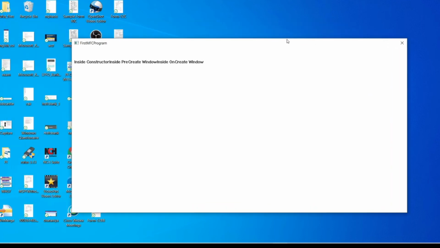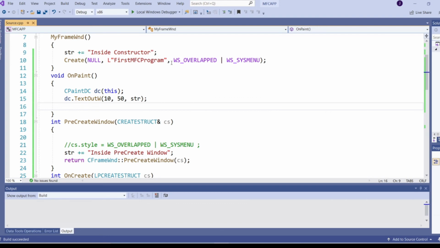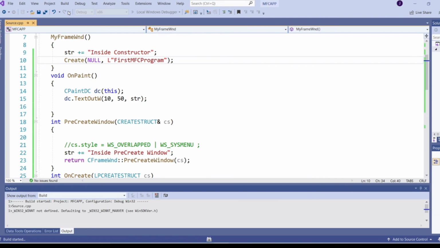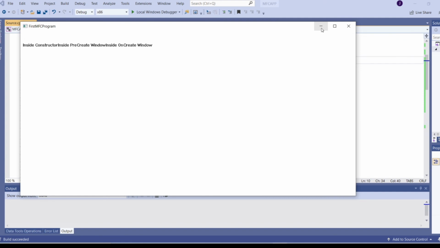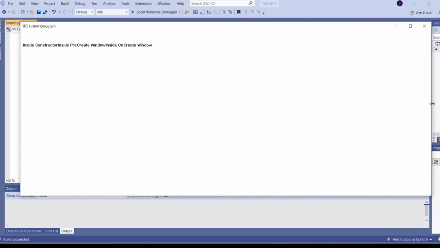See that the mouse pointer arrow is not changing. It is fixed. Since WS_OVERLAPPEDWINDOW is the default parameter for this style, specifying it in create is optional. If I don't specify any value here, I will see all these things: minimize, maximize, and my border is resizable.